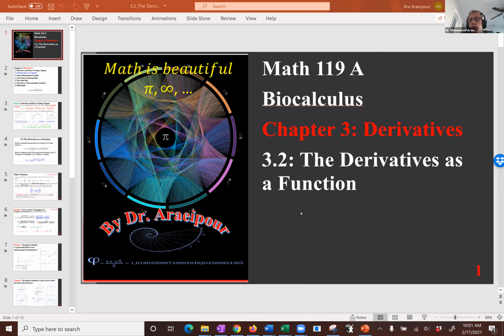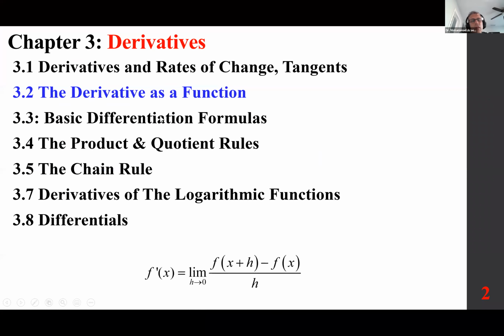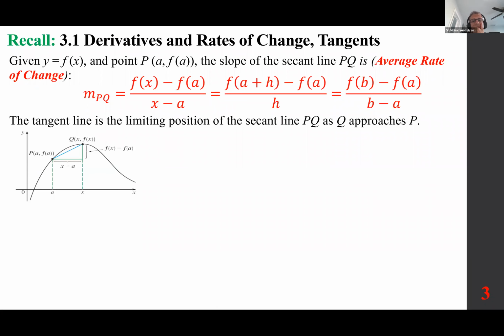Section 3.2, the derivative as a function. All right, so we've already looked at the derivative and rates of change using the definition at a specific point. Now we want to write it as a function and generalize it. So just to refresh your memory as far as what we covered quickly,